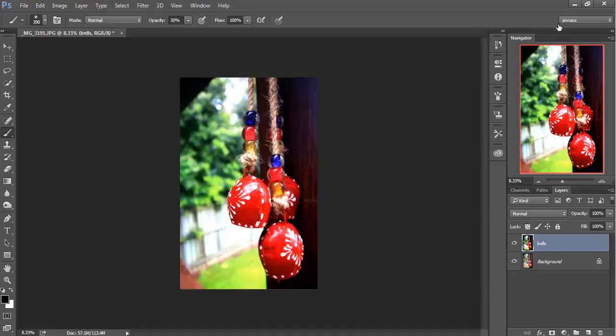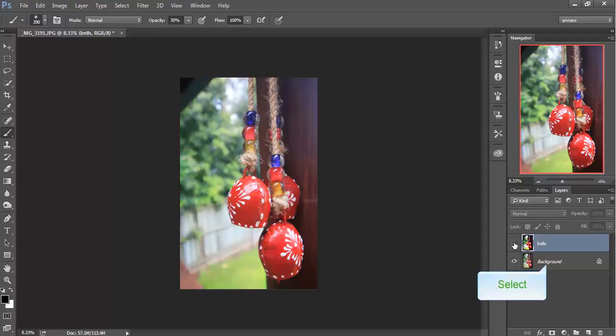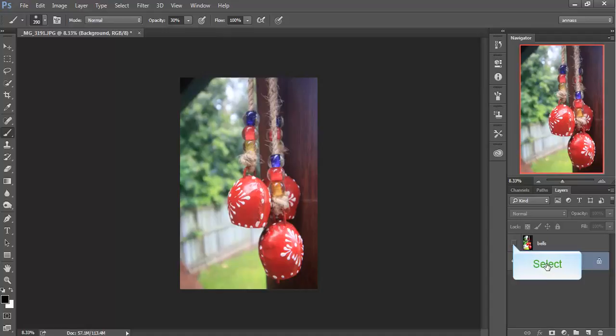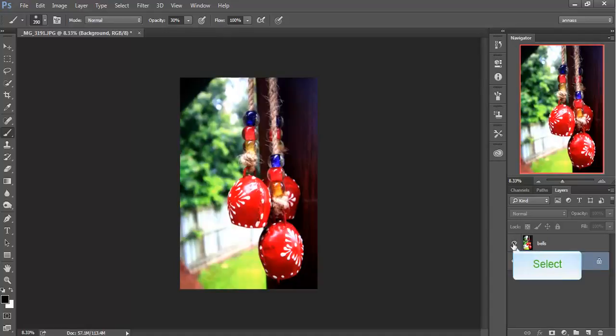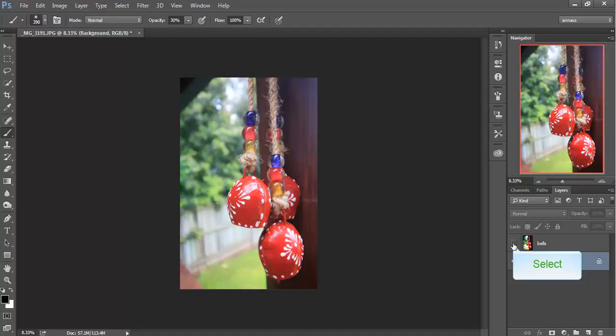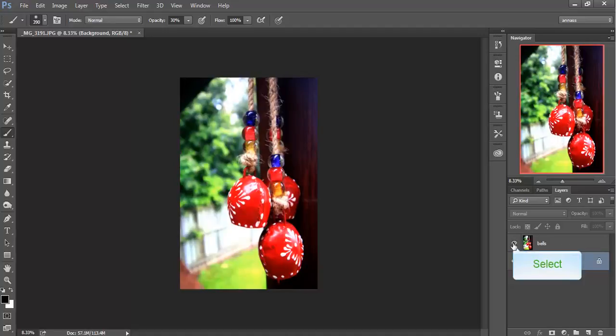So now you can see it's a preview of the leveled image. I'm going to show you this eye here. If you click those eyes on and off, it shows you, or doesn't show, that layer. So I'm just going to click that eye off, and you can see that's the unleveled layer with the eye on. Then I'm going to click on this eye, and it shows you the difference between the leveled and unleveled. And nearly in every single case of a photo that you ever do, it'll dramatically improve the